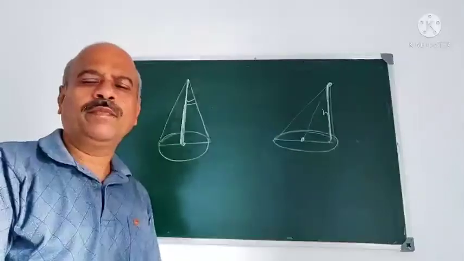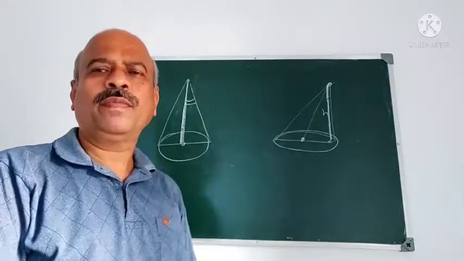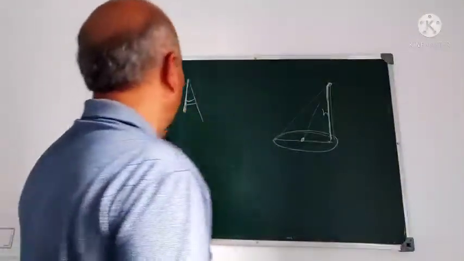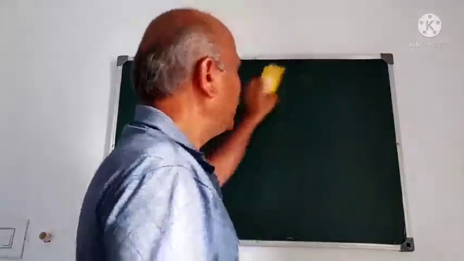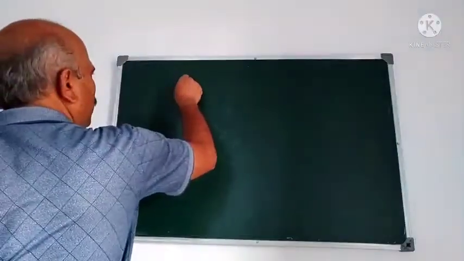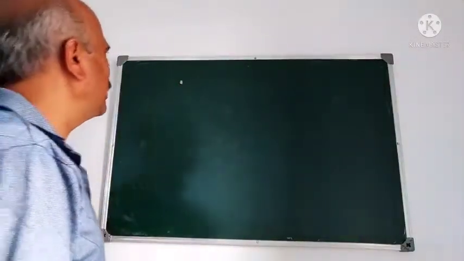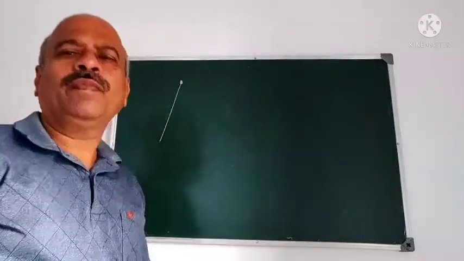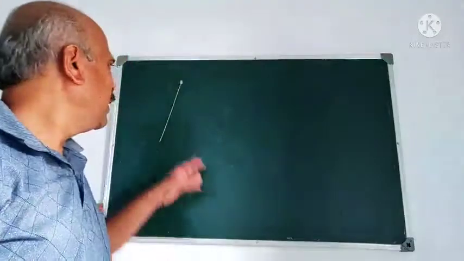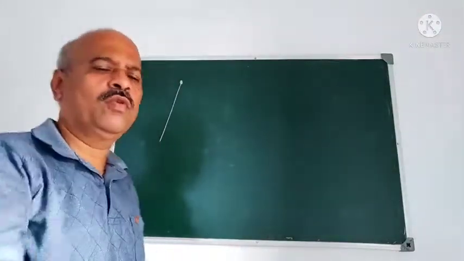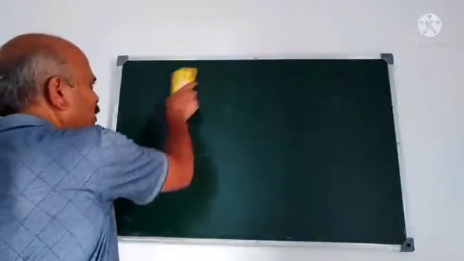This is oblique cone. And how to define a cone? Definition may be asked. What is a cone? How to define? A cone is the locus of a line passing through a fixed point, and one more thing is that the line intersects a given curve or it may touch a given surface. That is the definition of a cone. All these things I have explained.